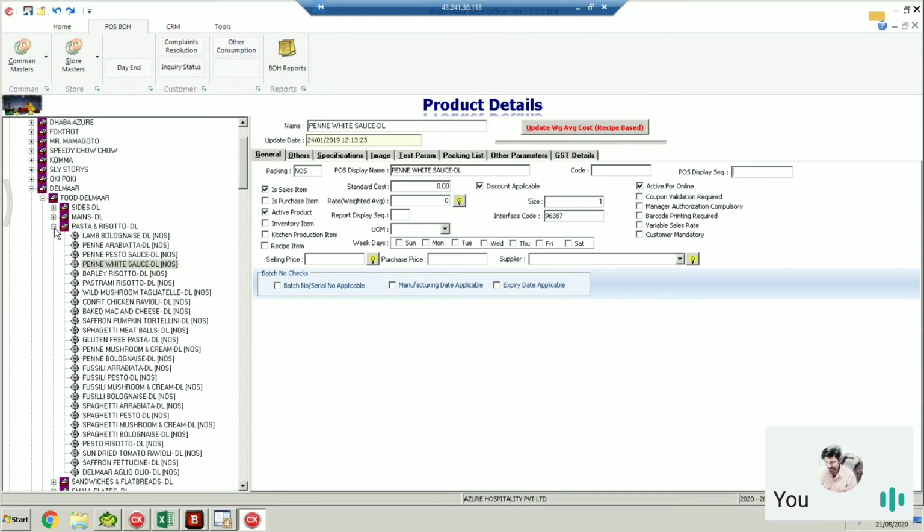So garlic bread should come on top and then pizza should be displayed this way. Sorting, but both the products' category is different now. No, I am saying garlic bread, the category is the same. I am just giving you an example for starters. Garlic bread is there and garlic bread stick is also there. Garlic bread is 10 rupees and garlic bread stick is 20 rupees. So garlic bread should come on top and garlic bread stick should come below.